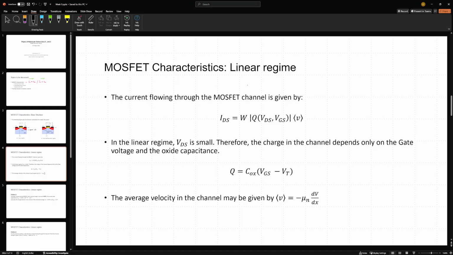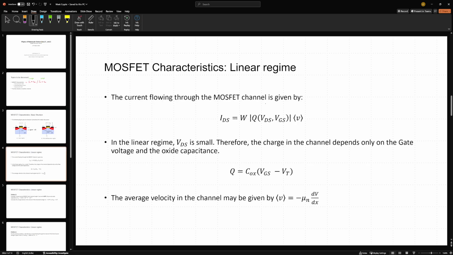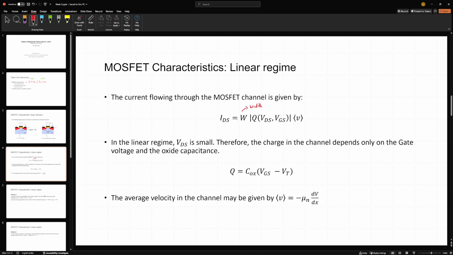So first we are looking at the MOSFET current in the linear regime. So the linear regime current IDS is given to be W times, where W is the width. This is the width of the channel essentially. The width goes into the plane of this figure, into the surface. So the width is along the depth of this image. This is the channel width